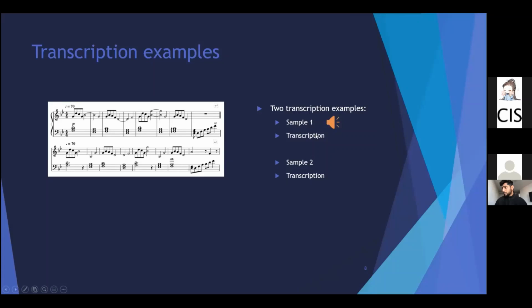And here is the transcription. And second example,